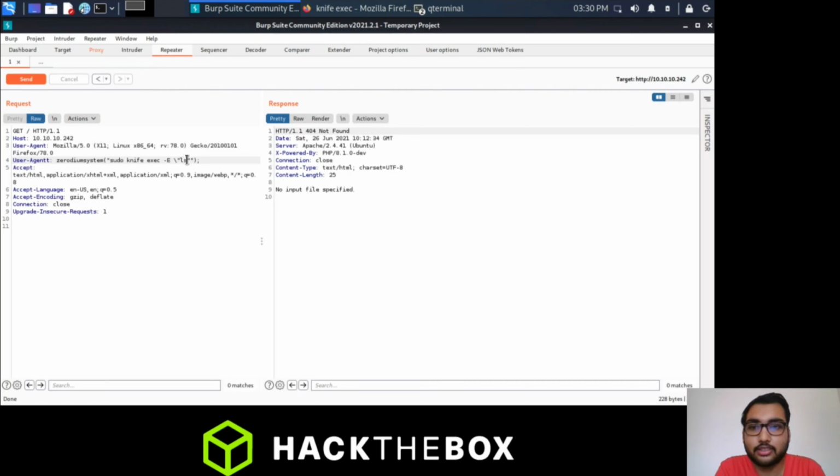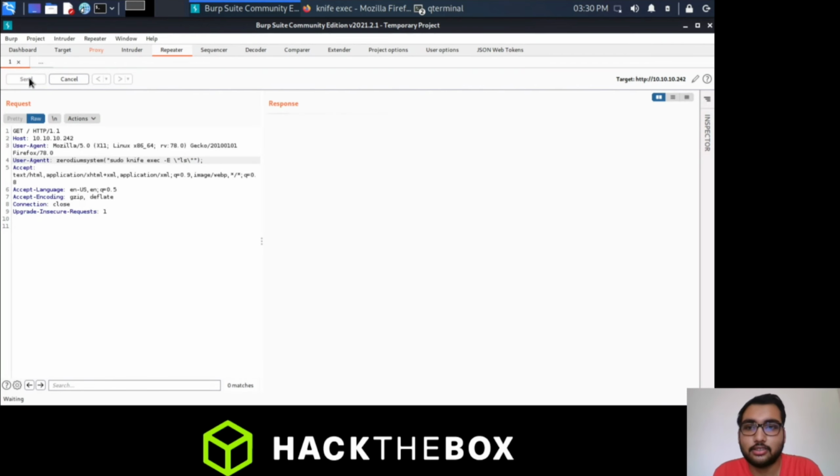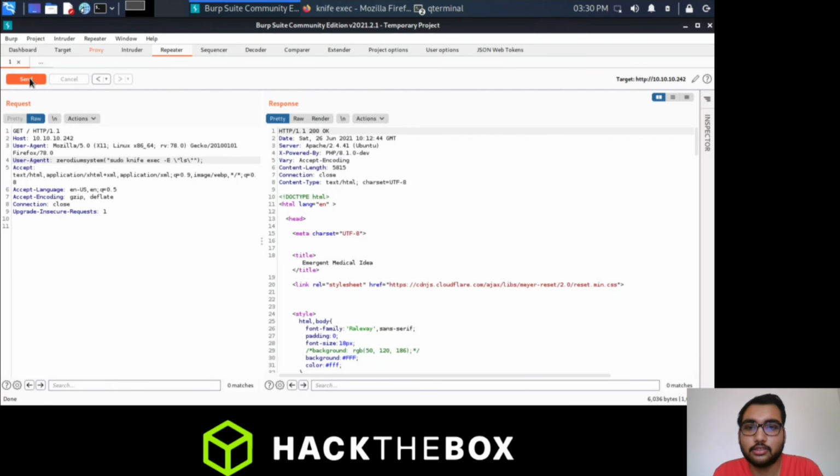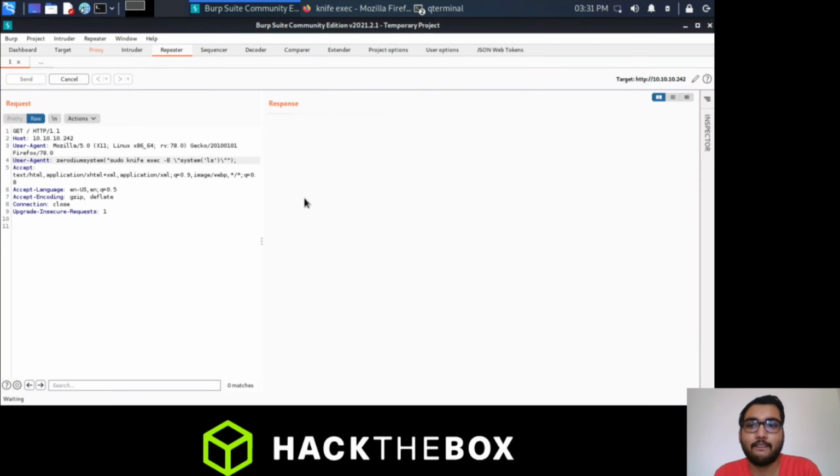So let's just do this, but it is not running the command, I see. No, as we are running this command inside Ruby, we need to first enter system. Like in Python there is os.system, in Ruby there is only system. So let's just send this again, and we can check.